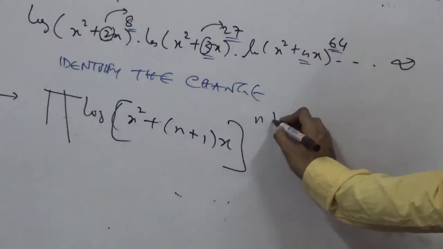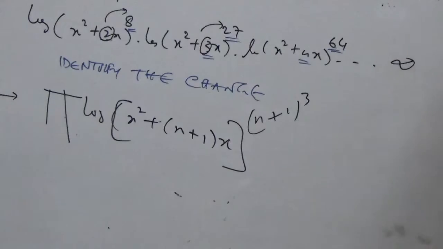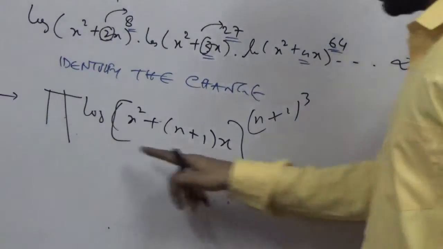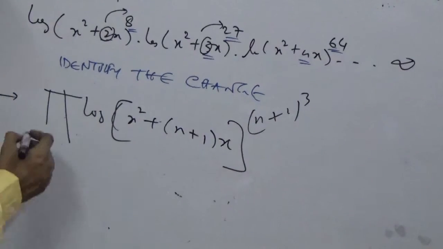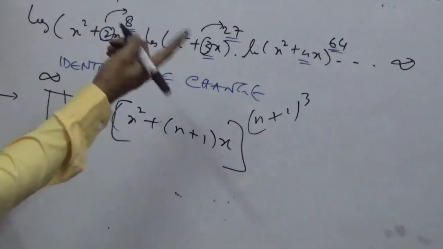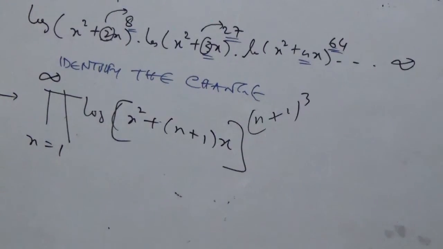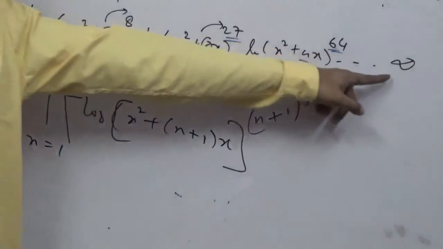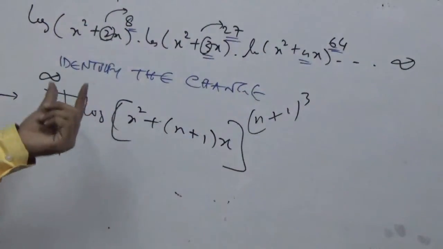Most of the cases, people end up with n cube, but the answer is n plus 1 whole to the power 3. And what you are going to put here? N equal to starts off with what? 1 and end with infinity. If it goes till infinity, it is relatively easier for you. But if it doesn't, then also you just have to put that value, because this is your decider value. If it ends up with 69, you put 68, because n equal to 68 plus 1.